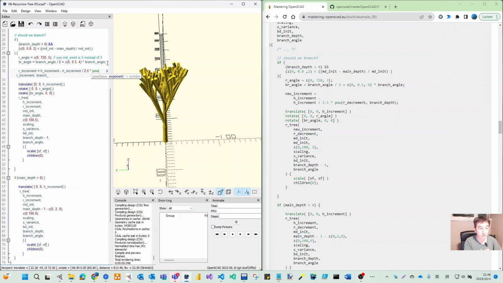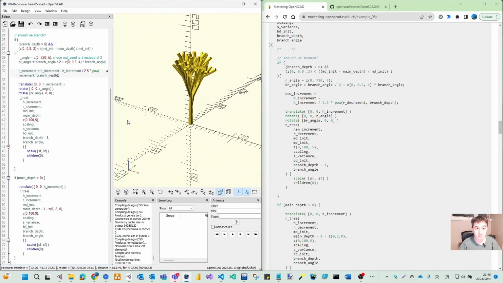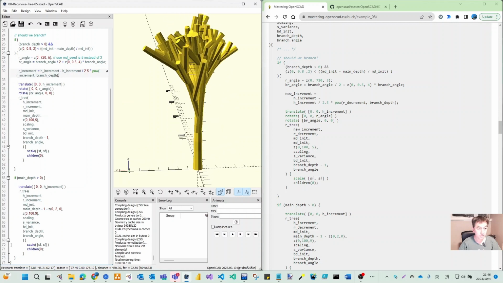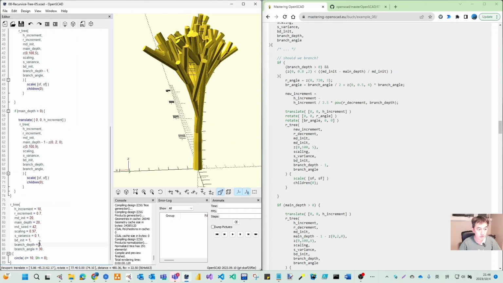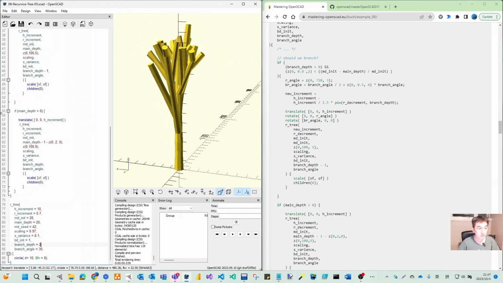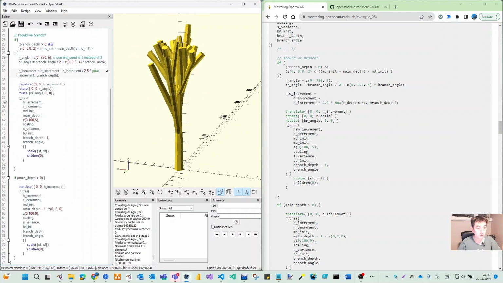So when those depths increase, then we will decrease this H increment. Shall we get this difference? And we have 1, 2, this decrease. So if we don't have this R increment,